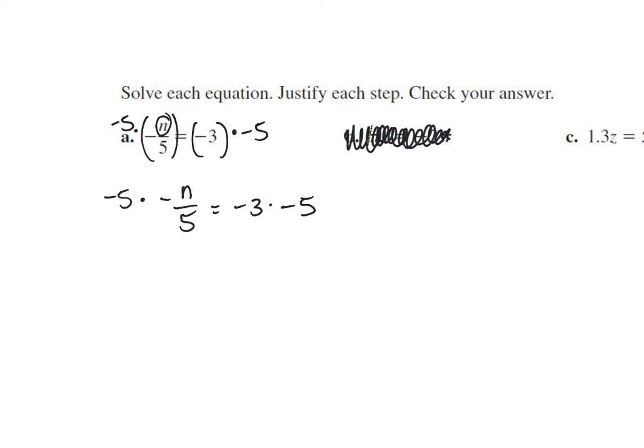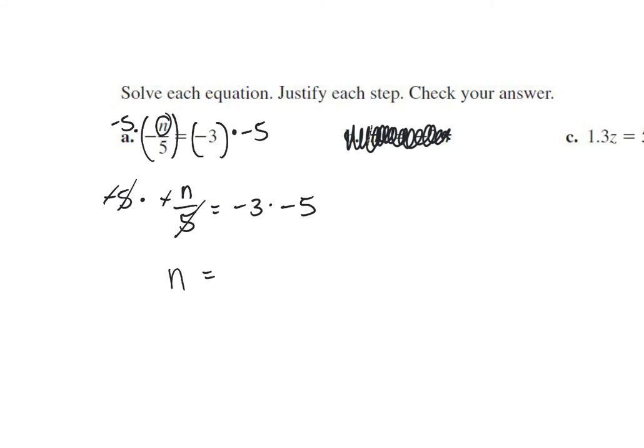All right, why do we do that? What's going to happen? Who can tell me what's going to happen on the left side of my problem? Brayden? That the negative 5 and the other negative 5 are going to cancel out, and it's going to leave n by itself on the left side. Very good. The reason we multiply by negative 5, Nick was so good, was that this 5 and this 5 will cancel. And the negatives, remember, 2 negatives multiplied together give me a positive. So we have positive n left over on the left equals,